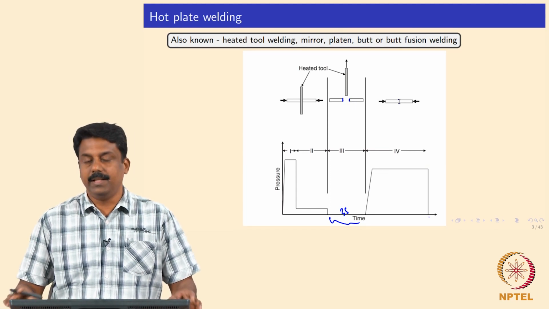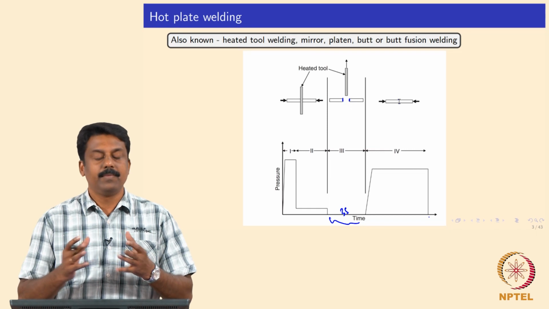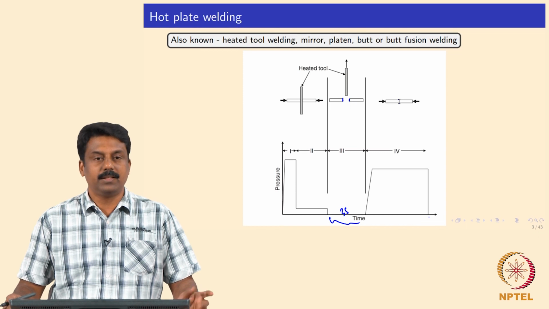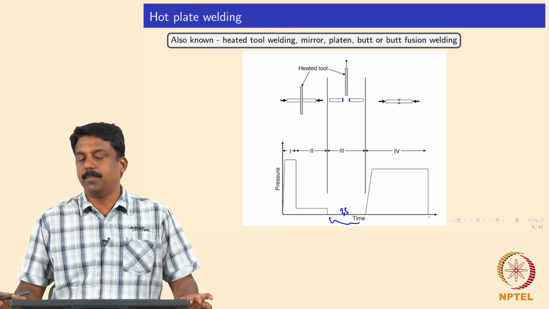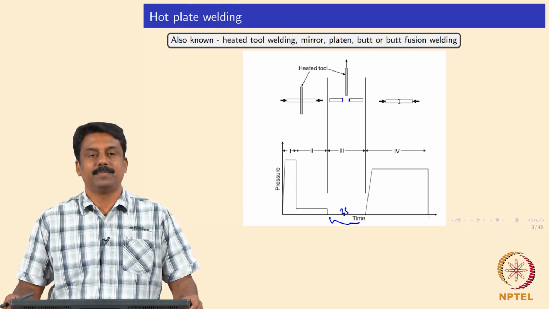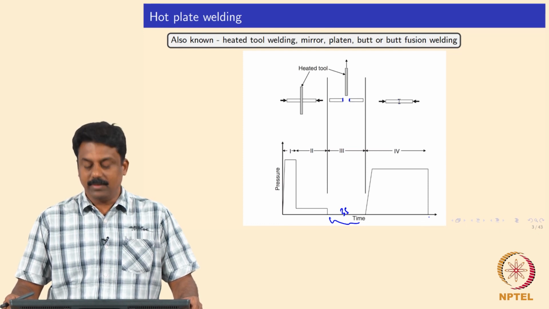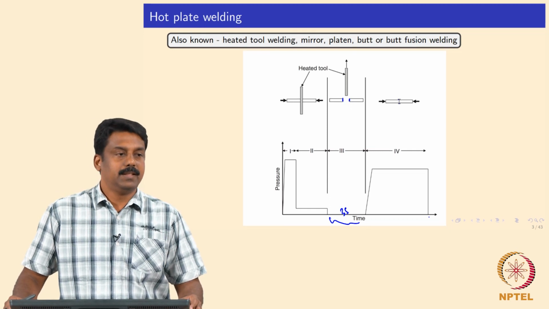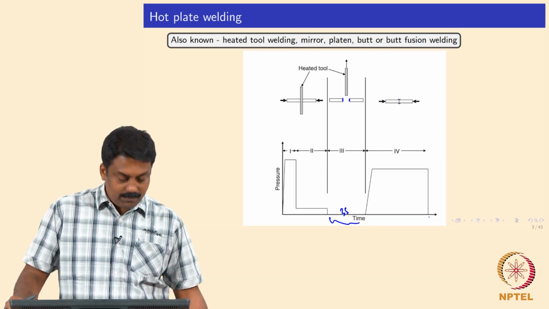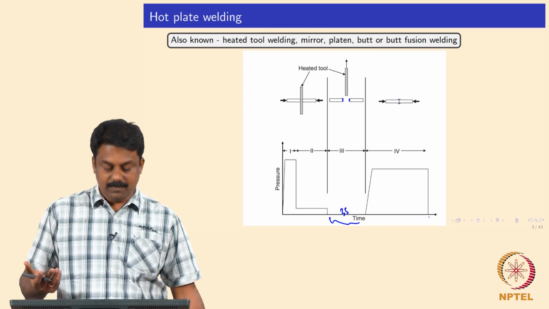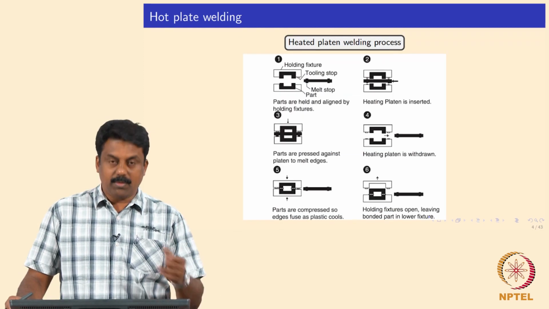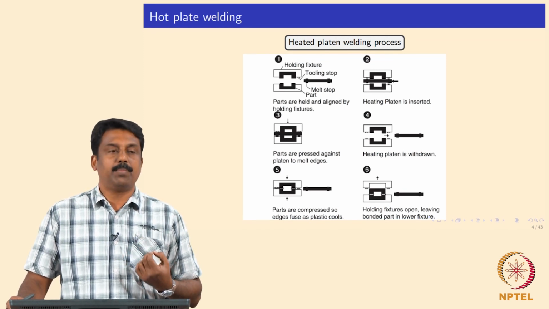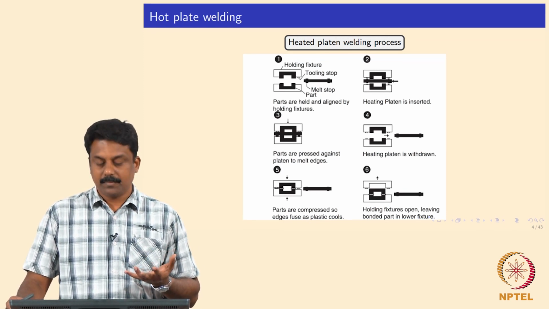In this process the interfaces are joined and you create a flash. The interfaces are molten, and this is a very simple process because thermoplastics can be melted a number of times compared to thermosetting, isn't it. So, thermoplastics can be welded very easily using a hot plate. Good. Then there are a lot of variants of hot plate welding. One simple method I showed you, and you can also use hot plates with proper fixtures and clamping.